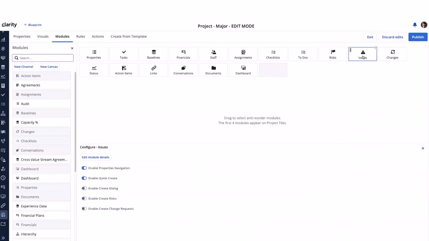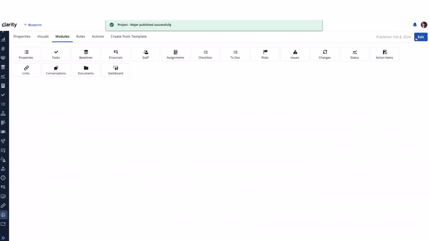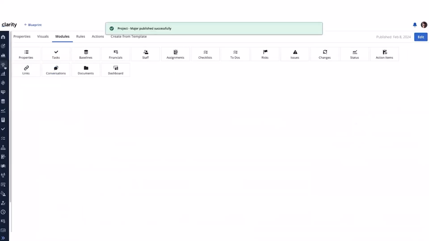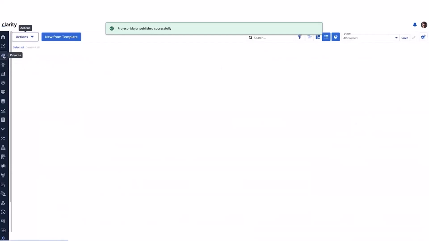Let's go over to issues. Same thing, two more new options to create risks or change requests. And over on the changes module, two more again, as you would expect. And we'll go ahead and select both of those, or on each of those. And we'll hit publish. And that happened successfully. So we'll go back